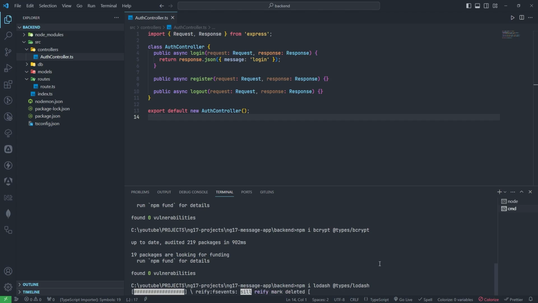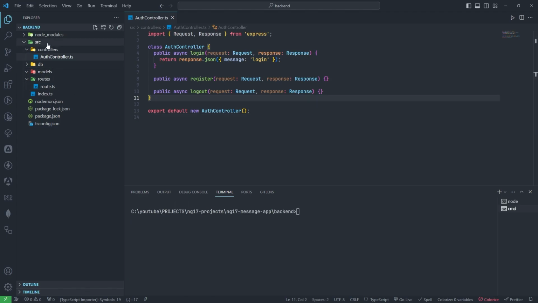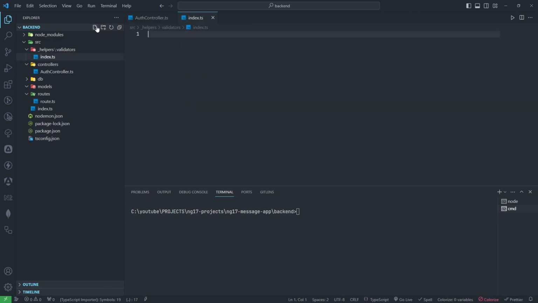That's it. First we will create a helpers folder here, and inside this I will create one folder for validation, validators. Validator, that's fine. Okay, now inside this I will create an index.ts file, and in this I will define some schemas